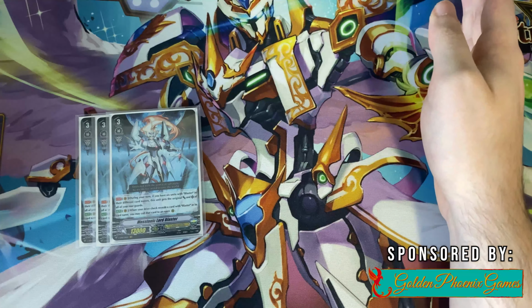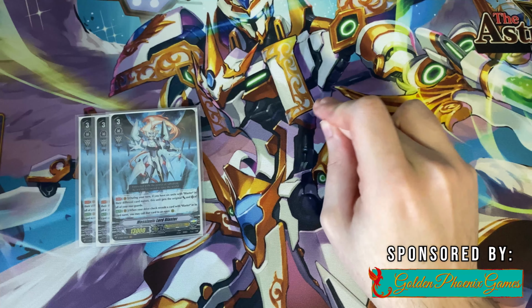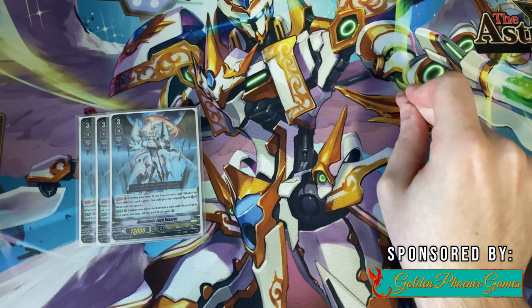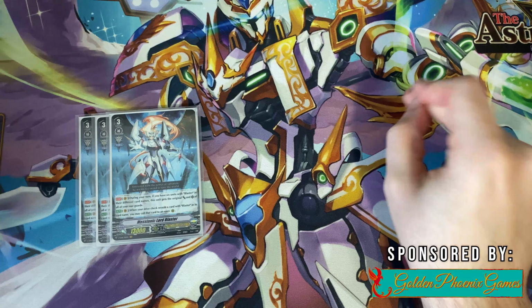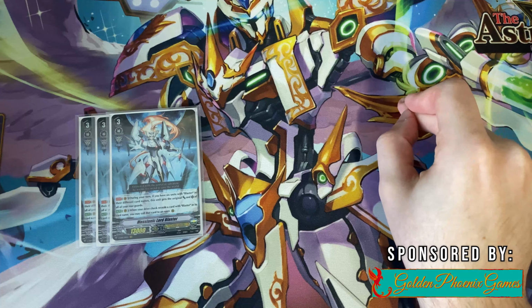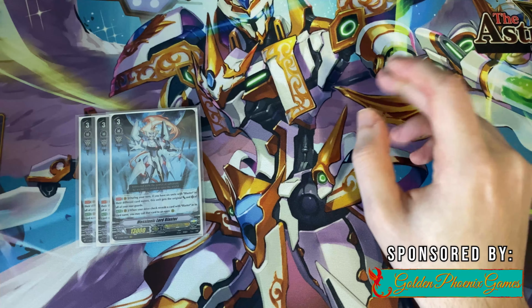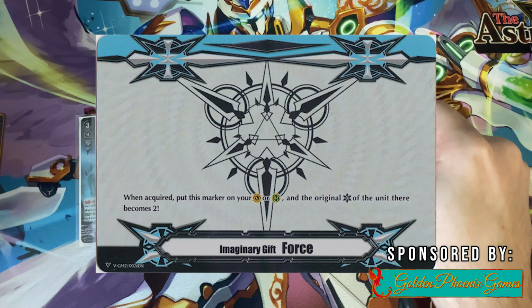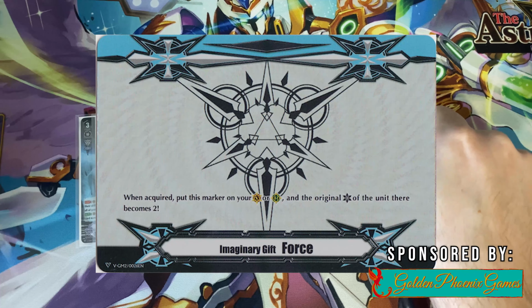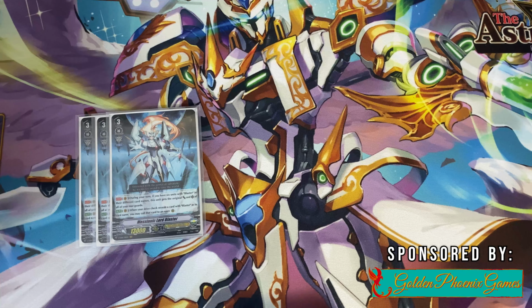meaning if I direct a critical trigger and give that to my Rearguard, the power and critical doesn't actually transfer onto my Vanguard. Same thing with Force Markers, as Force Markers merely give a unit 10k. However, the thing with Force 2 Markers is they don't read your Vanguard gets, or your unit gets +1 crit. They read this unit's original critical becomes 2,